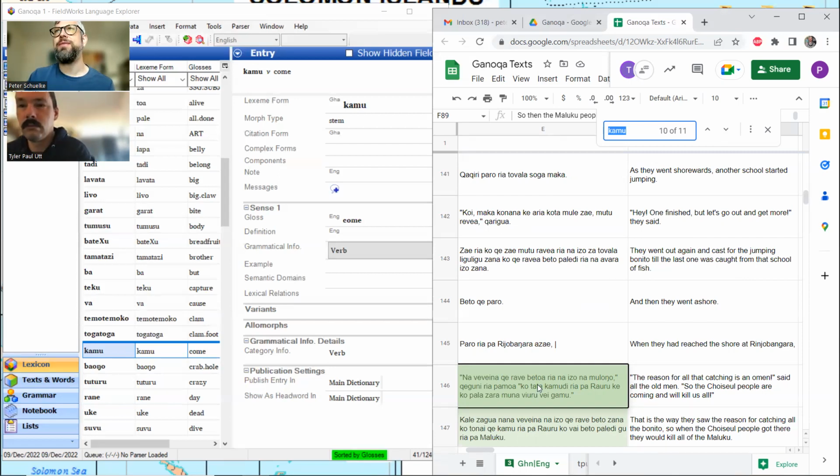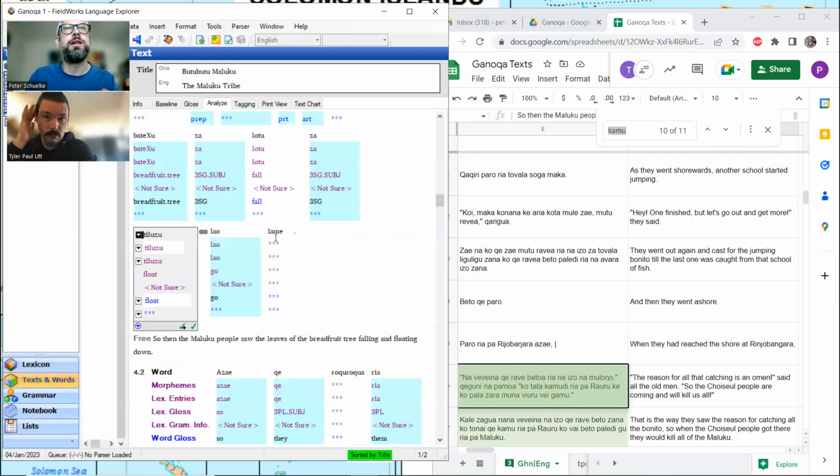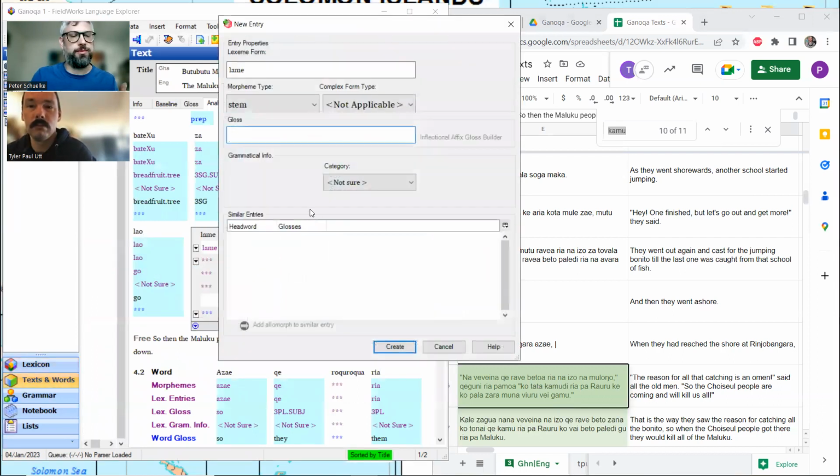All right, I have to say, I think arrive is better based on this evidence, because if they were almost coming, coming refers to both the action too. I'm coming is fine. I'm arriving means I'm there now. Right? I'm coming means I'm on the way. So I am down to change kamu to arrive. Nice. And then assign come to lame. We are crushing this story. We're making great progress.